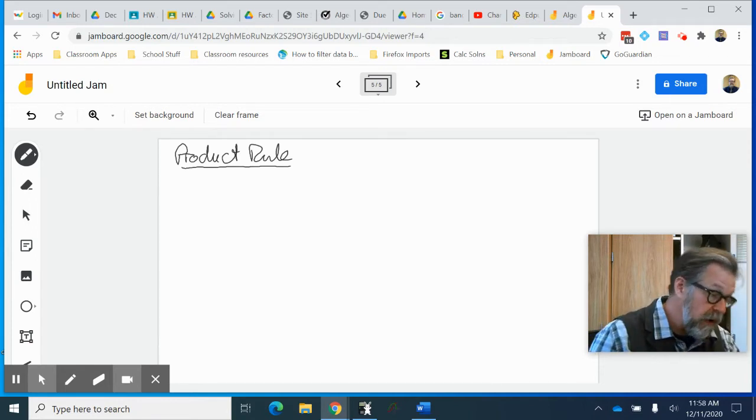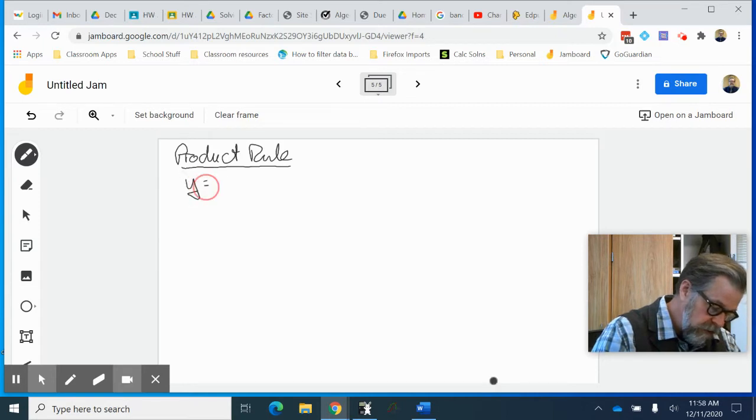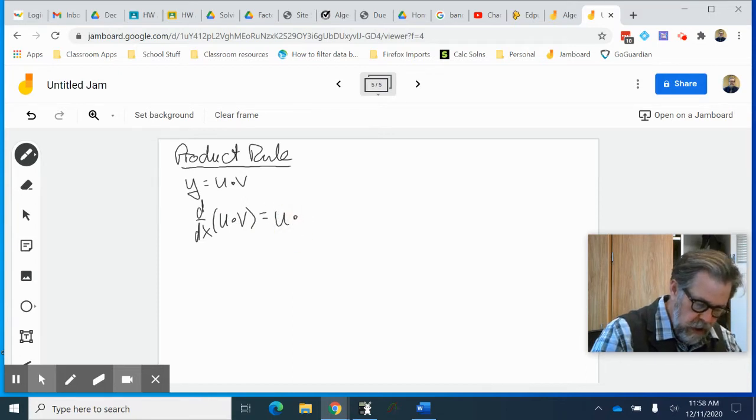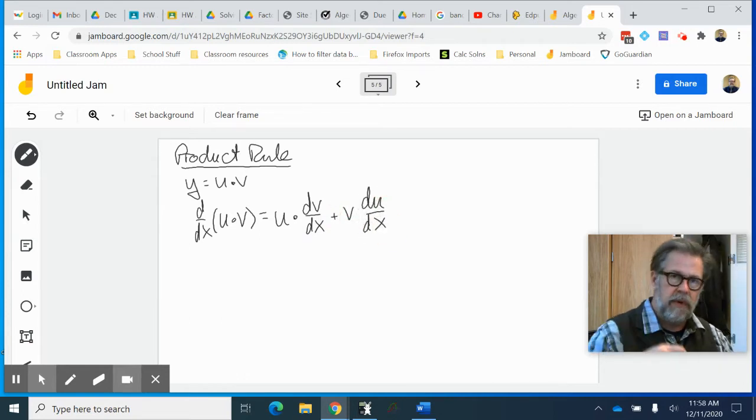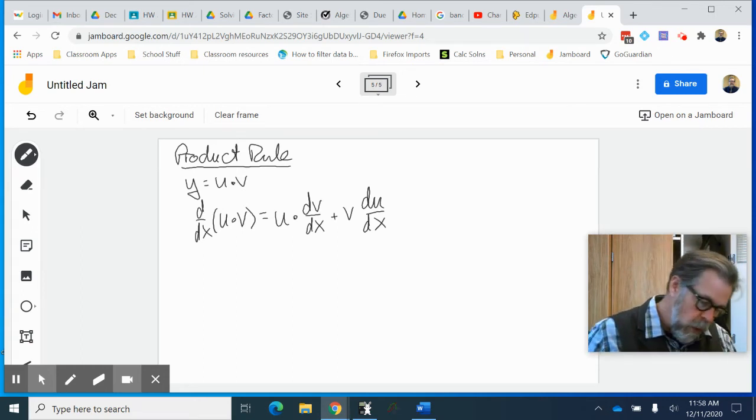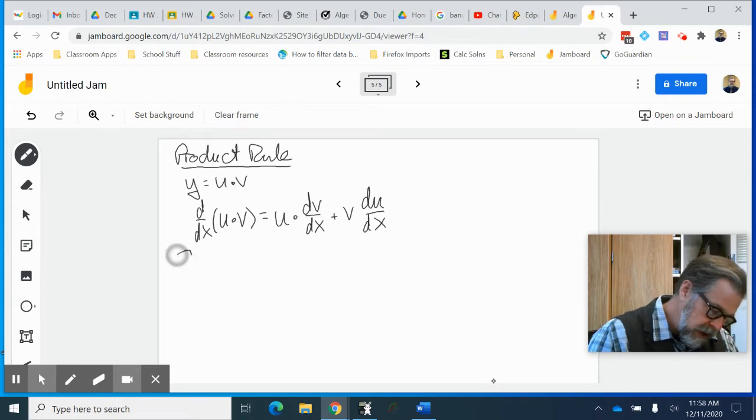I've got two functions, u and v. So we'll just say that our function y is equal to u times v, the product of them. And I want to know the derivative of that product. Well, the rule is u dv/dx plus v du/dx. It's just one function times the derivative of the other, plus the other function times the derivative of the one. So my example